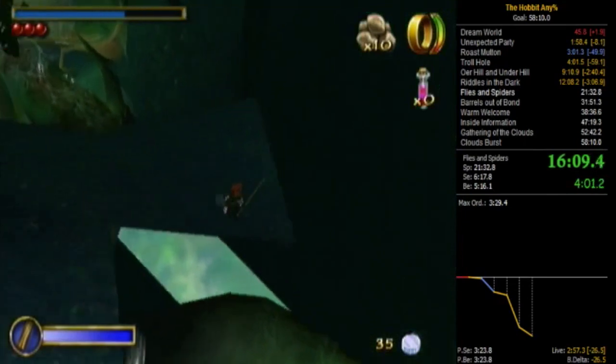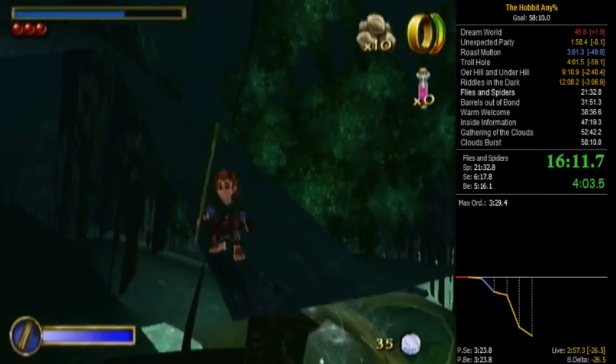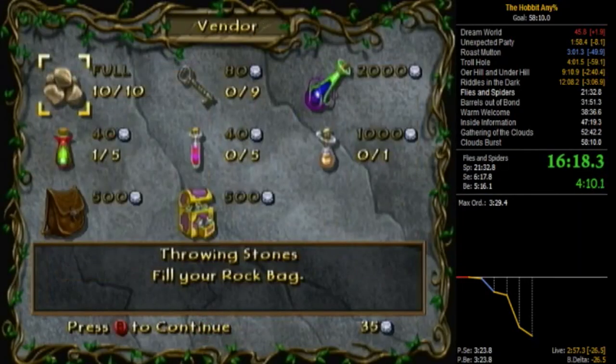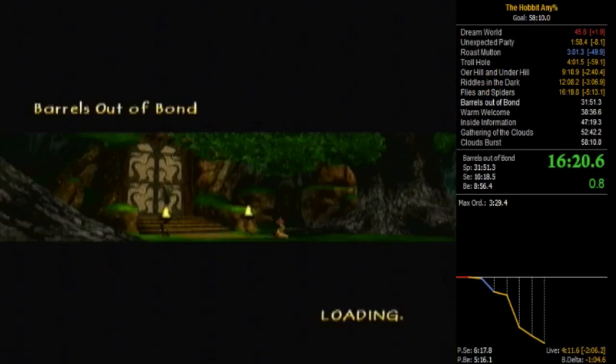Basically, we clipped out of bounds. Once again, we are hitting a loading zone that completely skips the rest of the level. Now, I'm not quite sure why this one's still here, because the final boss for this level is actually in a different room. Like, it's in a different loaded room of the game. So I have no idea why...